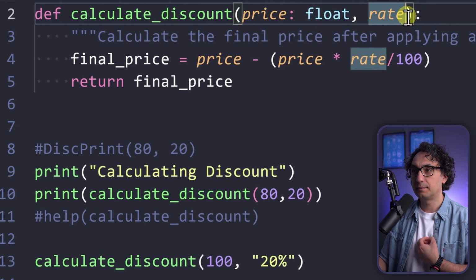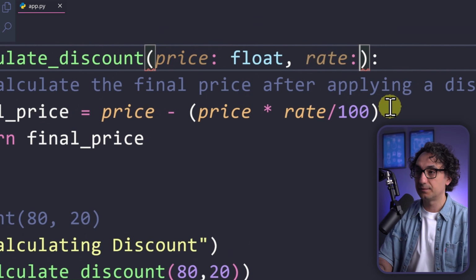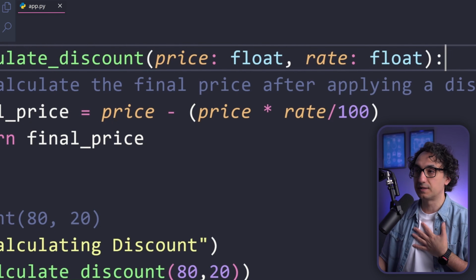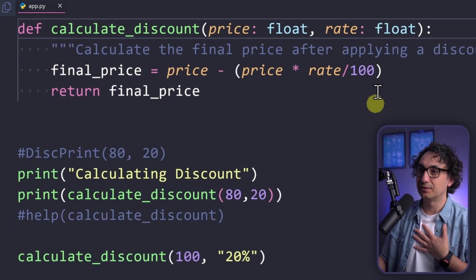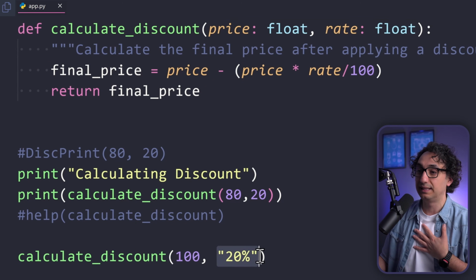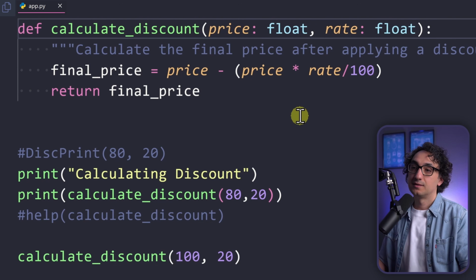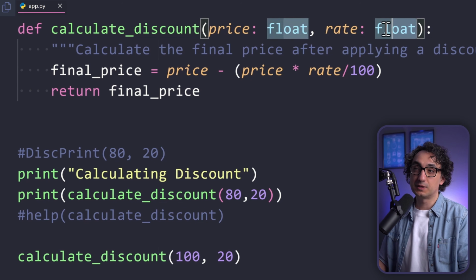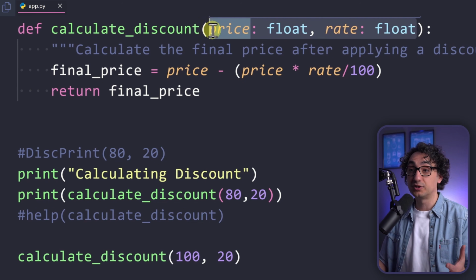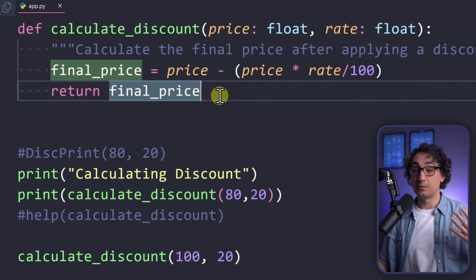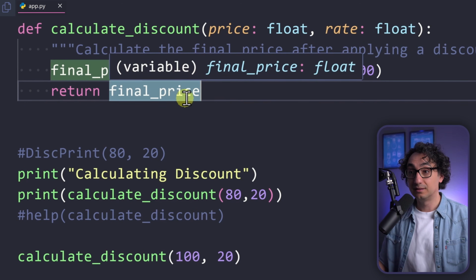And the same thing, I'm gonna go and add it for the rate. So use a float. So that's for me as a caller for this function. I'm gonna understand immediately, okay, the rate should not be, let's say, a string value, it should be a float or a number, of course, it's fine. So now with this, we gave hints, of course, for the parameters, the input of the function. But as well, we can go and give a hint for the returned value so that I understand, okay, I'm returning here a float number.